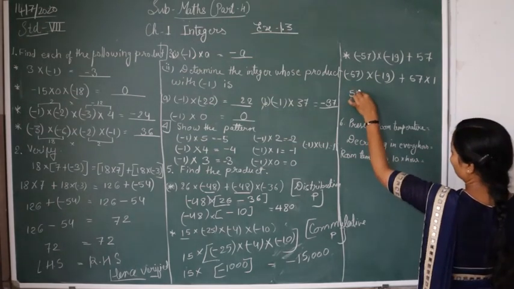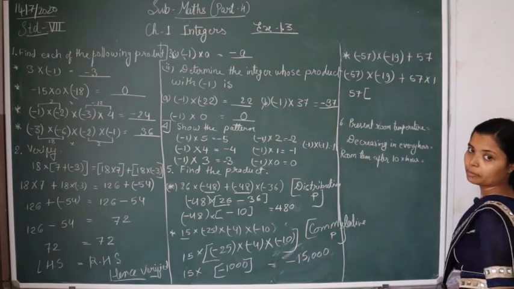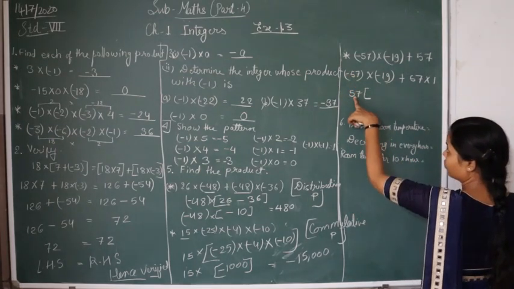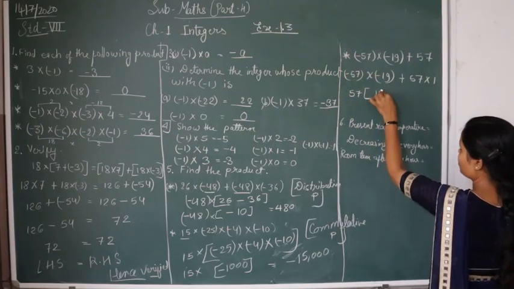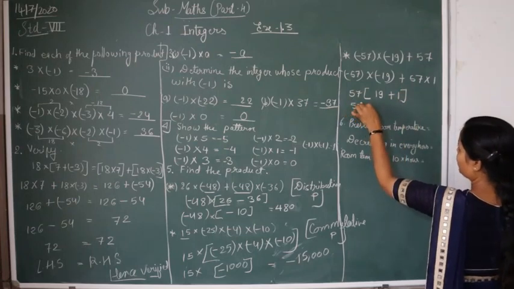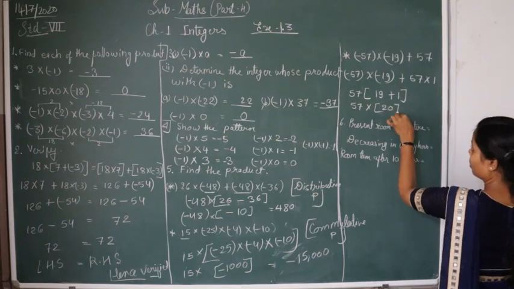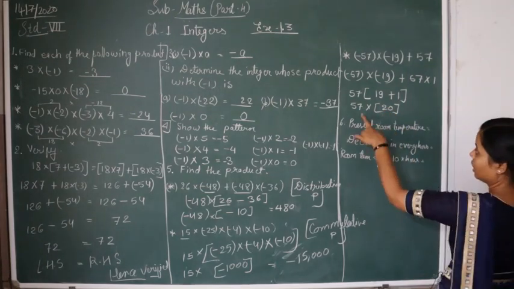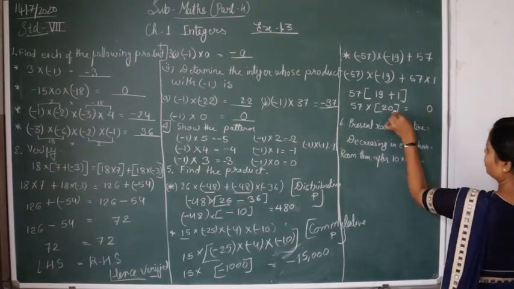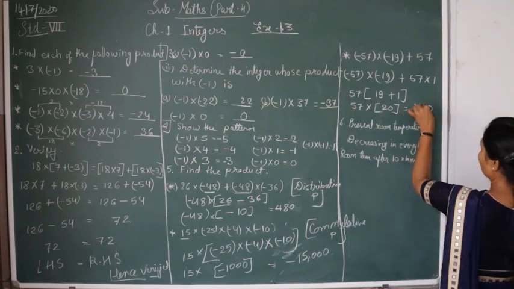Now find 57 as common. When we find 57 common, 55 is here, minus minus plus. So here 19 and here 1. 57 is multiplied by 19 plus 1, which is equal to 20, and then you find the product of both the numbers. 2 7s are 14, 2 5s are 10, 1 is 11.